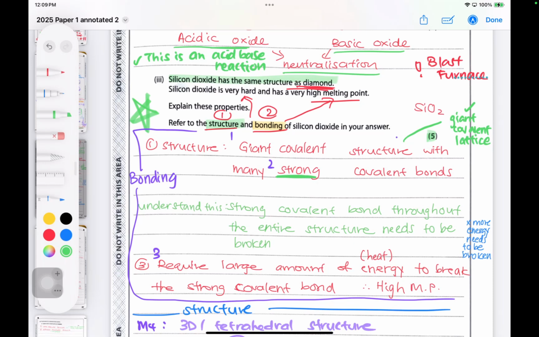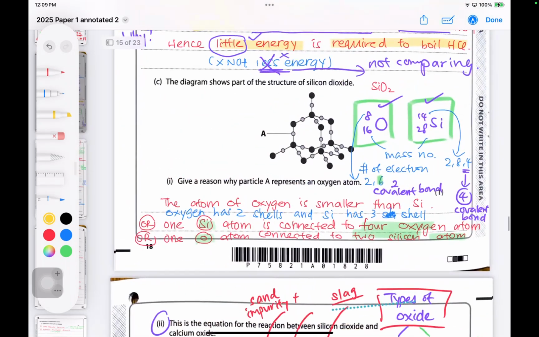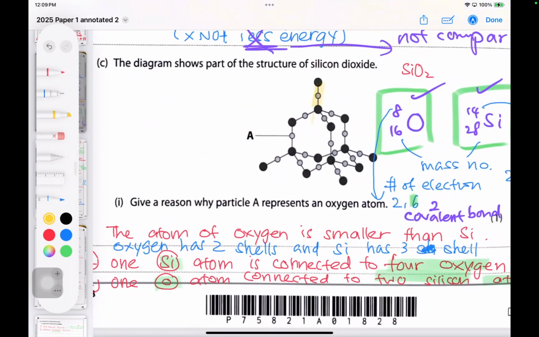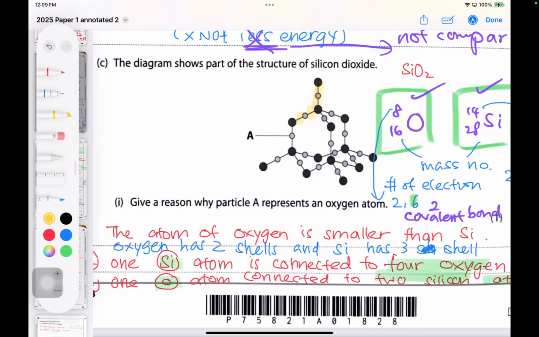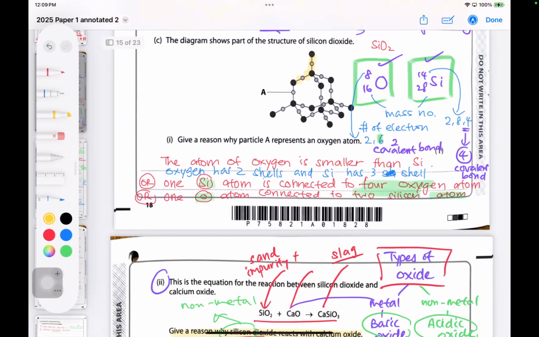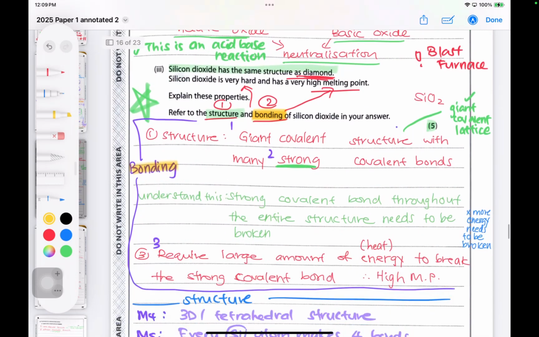So let's just focus on bonding first. We're going to focus on the bonding in silicon dioxide and how that can help you support the reasoning of why silicon dioxide has a very high melting and boiling point. So looking at the structure here, what kind of bonding is it? You can see that the lines are here, and they are made out of two non-metallic elements. So we've got silicon and oxygen, so this is definitely covalent. But this is a structure, not a simple molecule. So when it comes to bonding, what you want to discuss here is that